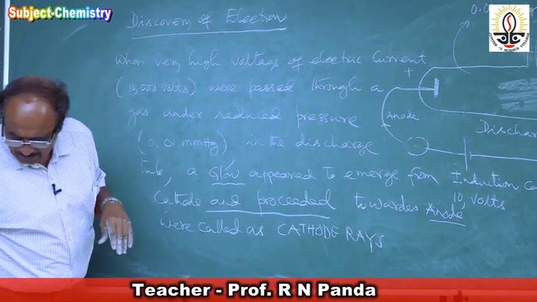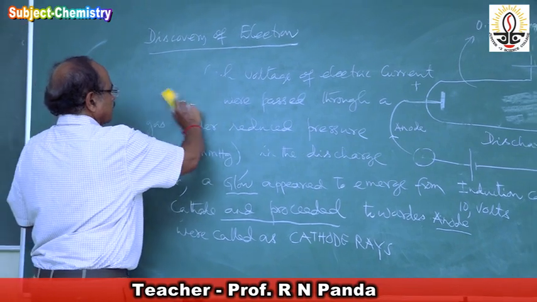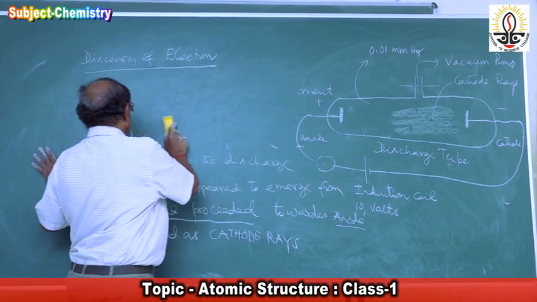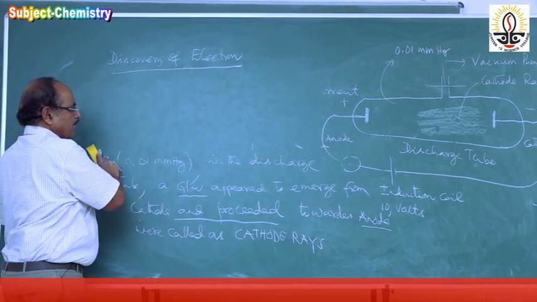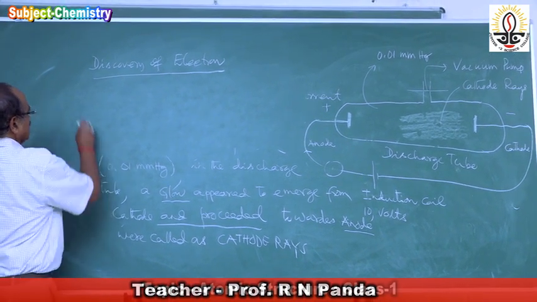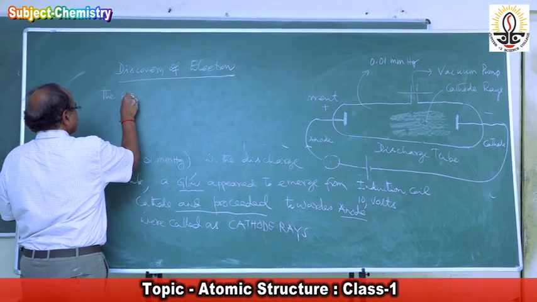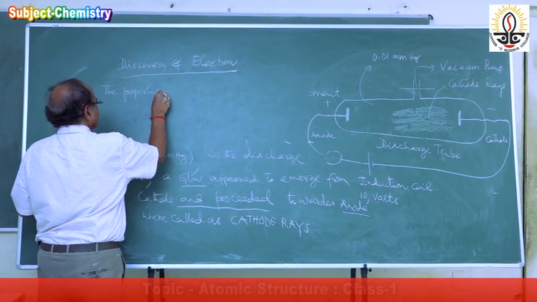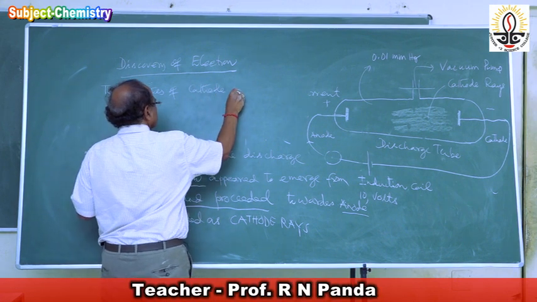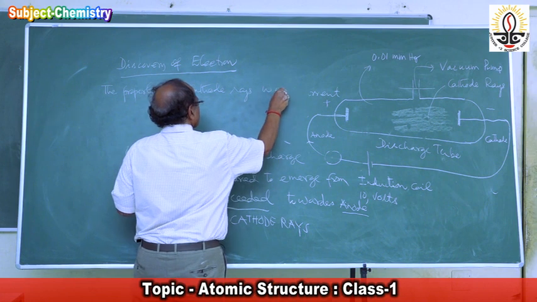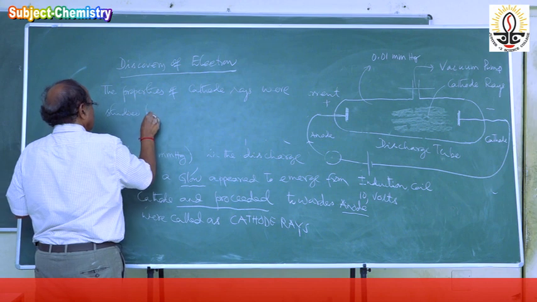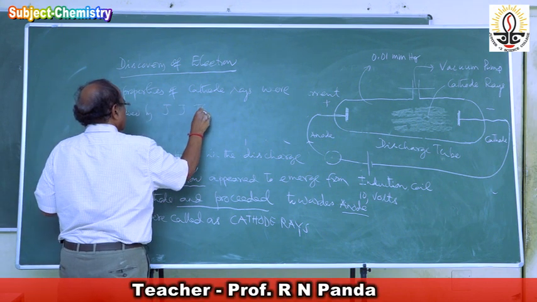So when a high voltage of electricity, 10,000 volts, was passed through a gas under reduced pressure in a discharge tube, a glow appeared to emerge from the cathode, proceeded towards the anode, and was named the cathode rays. The properties of the cathode rays were studied by J.J. Thomson